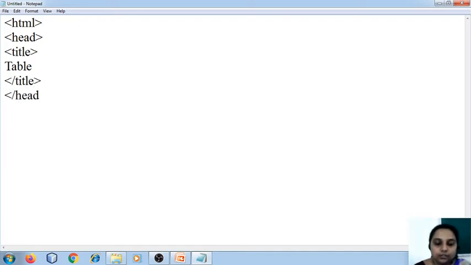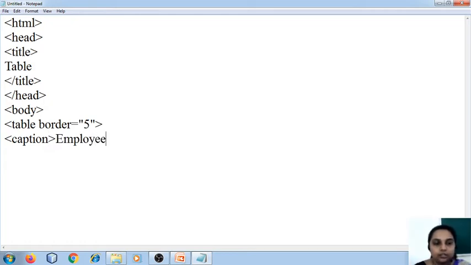Close the head tag, body, and now comes the most important thing, table. I'm going to specify border as 5. Okay, table border as 5. Now what do I want to give the heading? It should come within the caption tag.